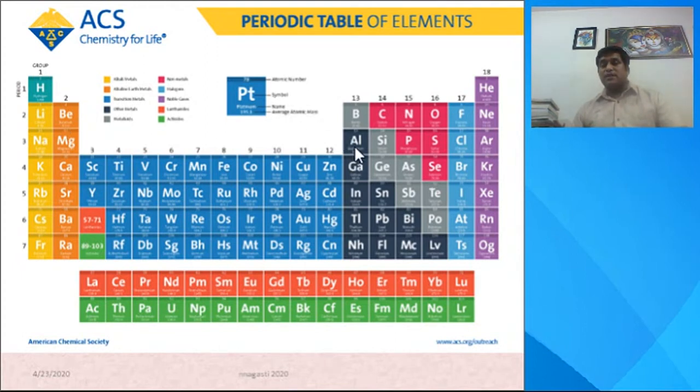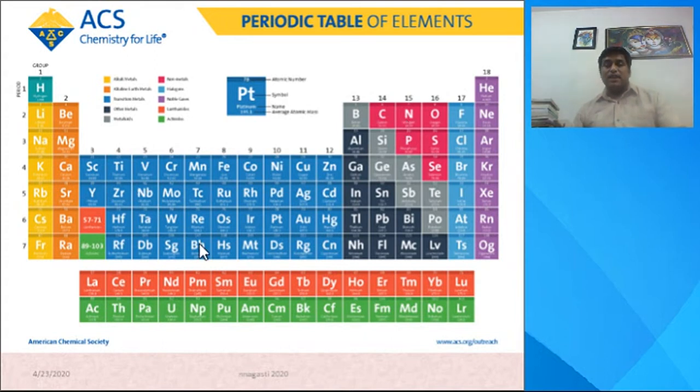Come to extreme right of the periodic table. There are 6 groups. These 6 groups consist of p block elements. Since maximum number of electrons a p orbital can accommodate is 6, starting from p1, p2, p3, p4, p5 and p6, there are 6 groups of p block elements. Again, if you see their electronic configuration, outermost electrons of these elements are located in p orbitals. That is why they are placed under p block.